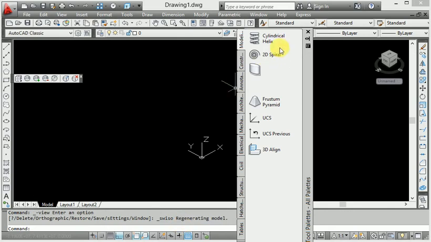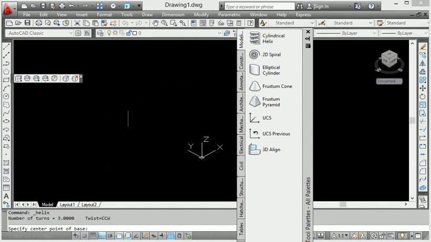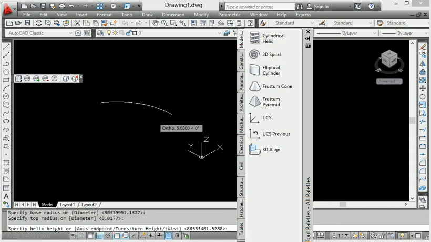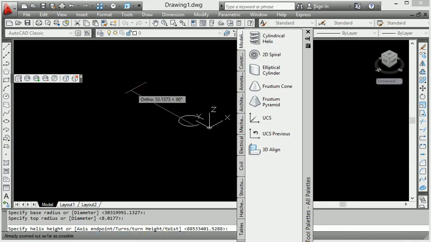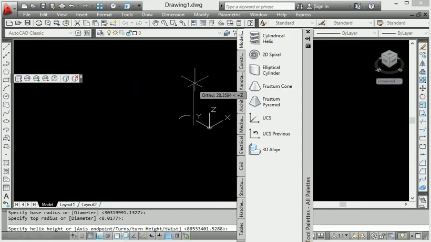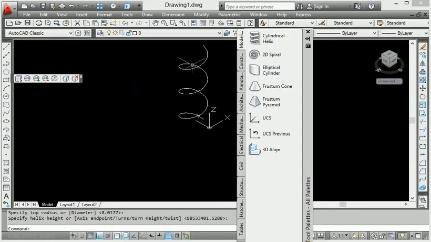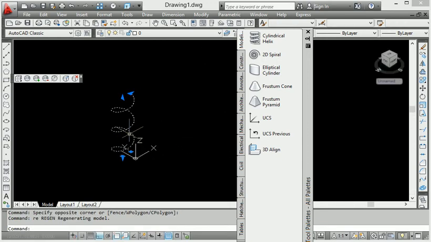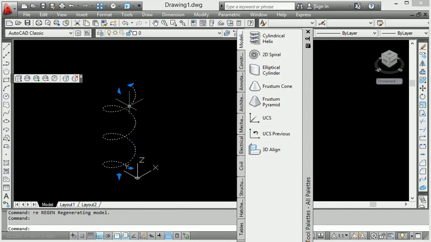So now let's start the cylindrical helix curve. Start from the 3D curve here. Let's go to the number of quantity. I have to go to twist in vertical distance. I want to adjust this curve.